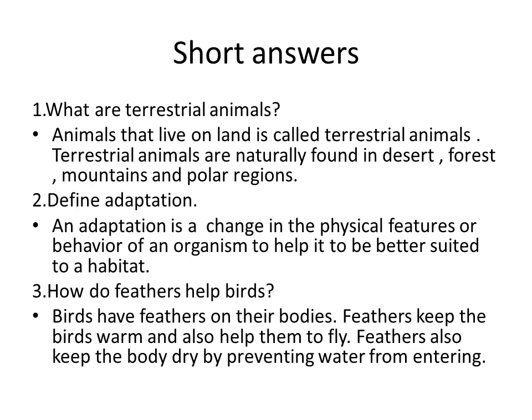And then second one, define adaptation. So what is adaptation? It is a change in physical features or behavior of an organism to help it be better suited to the habitat. That is, for living in a habitat, some special features help the animals to adapt themselves in the habitat. For example, if you take the polar bear,